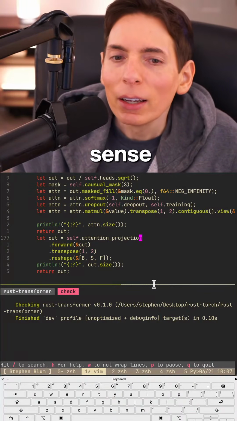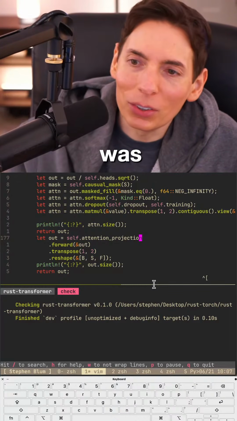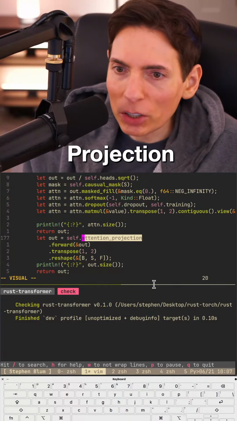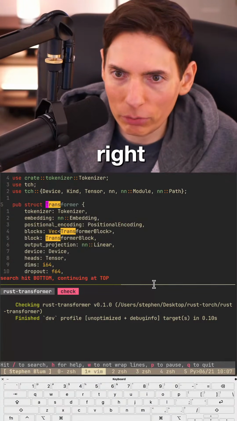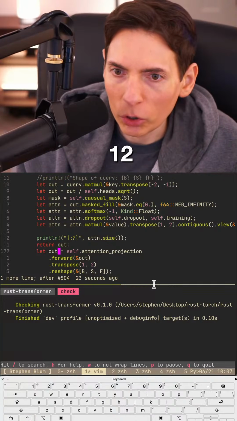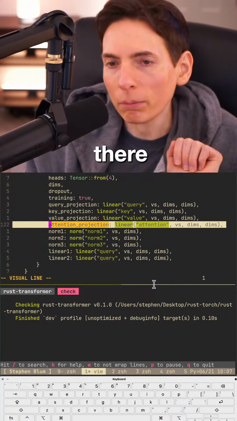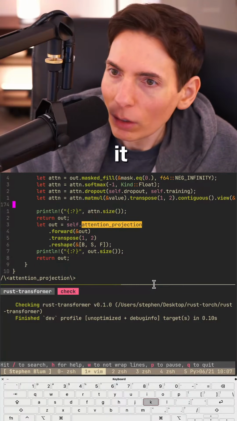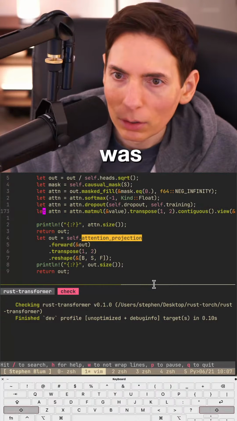This makes sense, you guys, I understand it now. I get it now. I figured out where the problem was. I'm taking the projection, which is expecting a 128 by 128, I believe, right? Let's figure that real quick. Yep, 128 by 128 right there. And I'm trying to apply it in a way that it doesn't want to do it. So this is where our problem was. Right here.